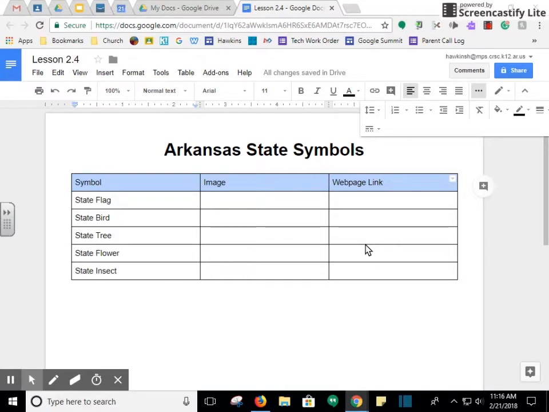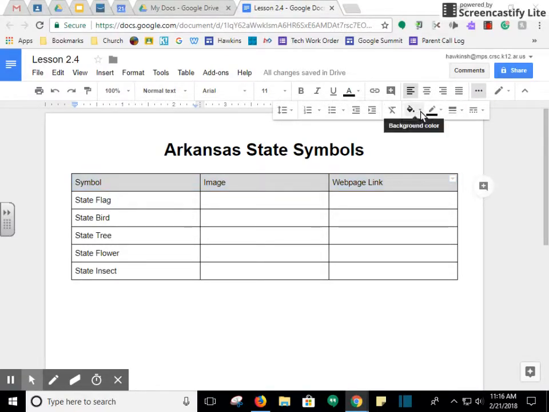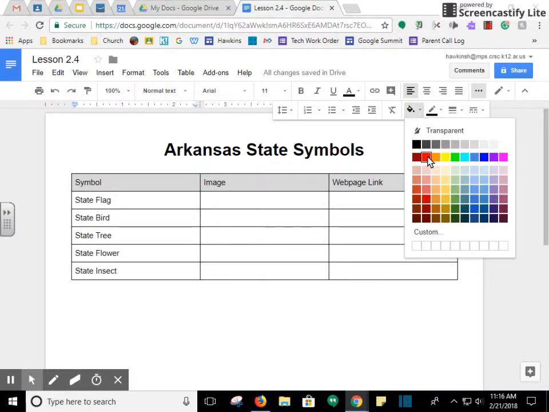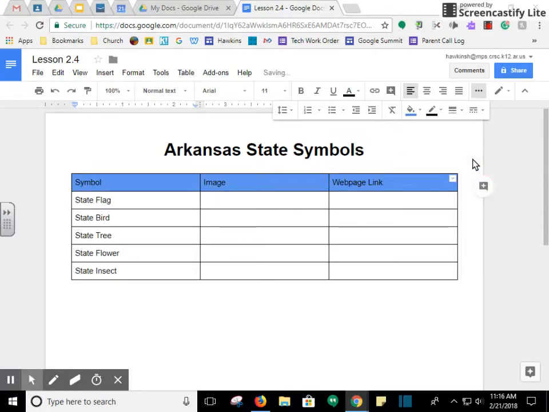And then I am going to go to the more button, probably, because you're going to be looking for this fill color background. And I'm going to change it to cauliflower blue. All right. Now, when you let go of it, you can see that. I'm going to go back and select it again, because I'm also going to make some changes to my titles. I'm going to bold them. And it says in this step, actually,